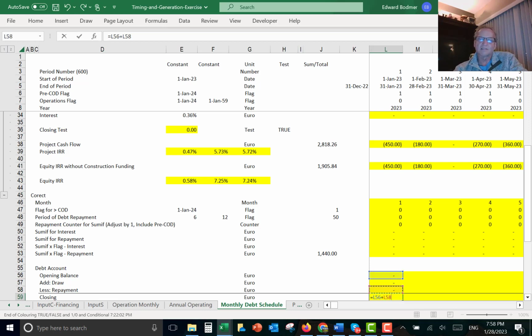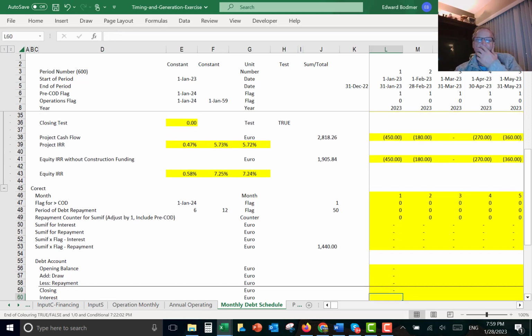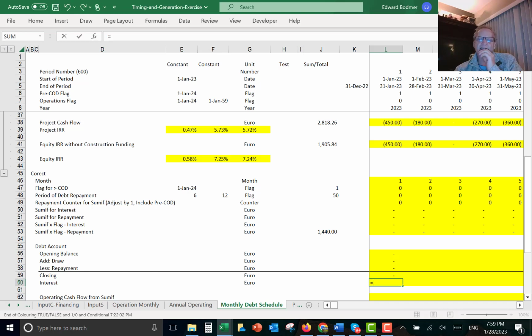we have the opening balance plus the draws minus the repayments, and then our interest is not just multiplying it, although you almost could just do it for the repayments and then take the interest using a semi-annual rate and multiply it by the opening balance. That would have given you the same answer, I hope. Well, we're going to accrue the interest,